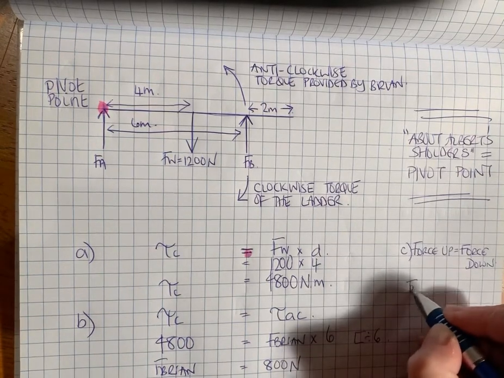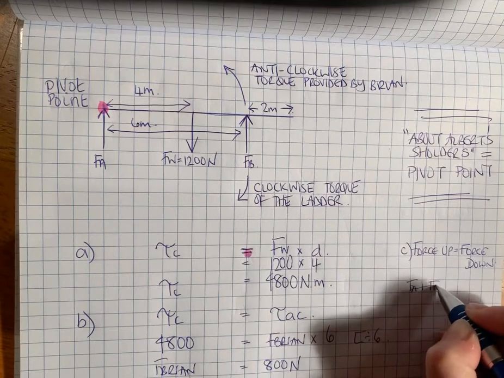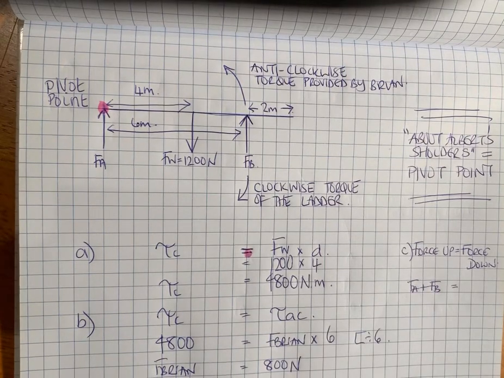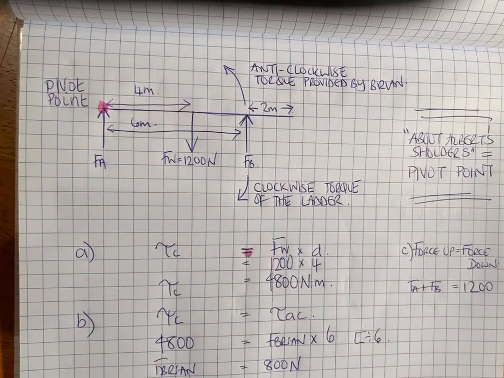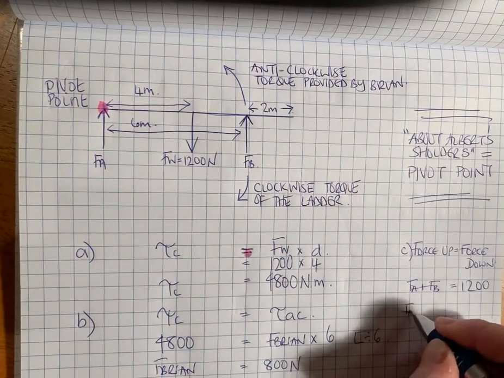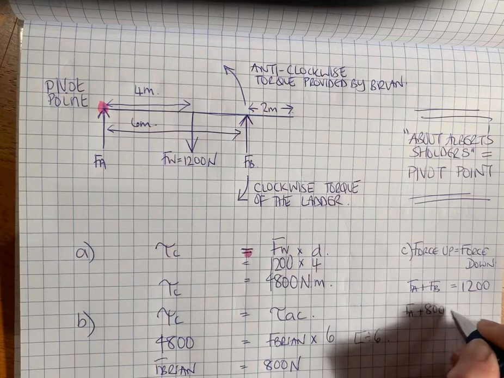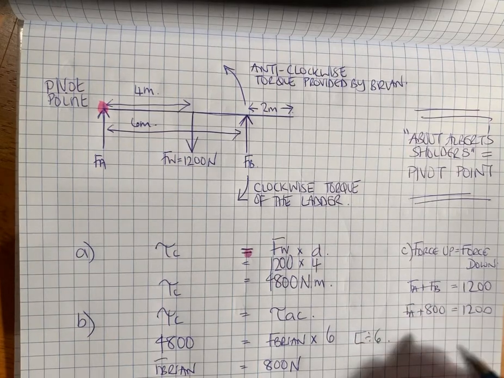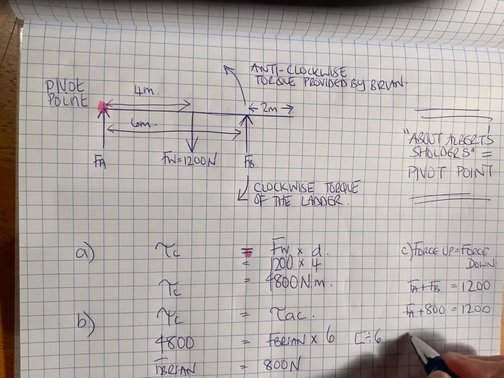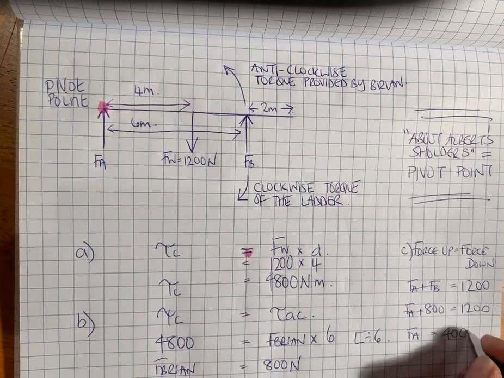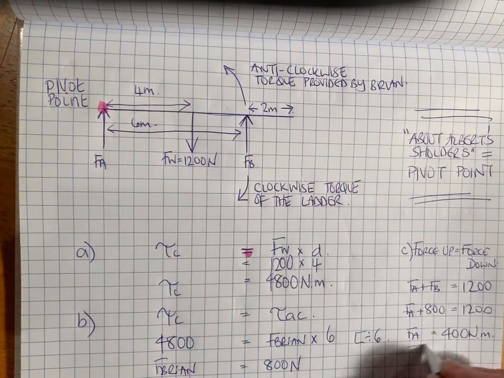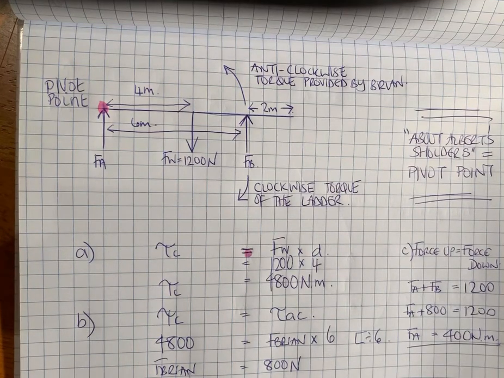So our forces up are the force that Albert provides plus the force that Brian provides, and that's got to equal our 1200. Now if we know that Brian provides 800 newtons of force, then by doing a simple subtraction we know that Albert's force is 400